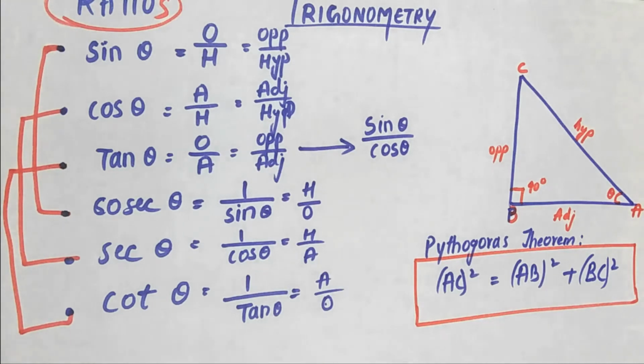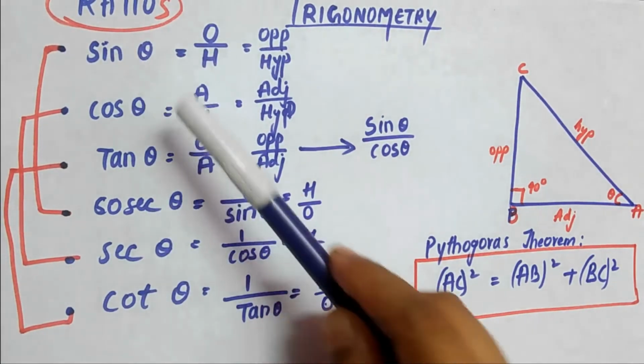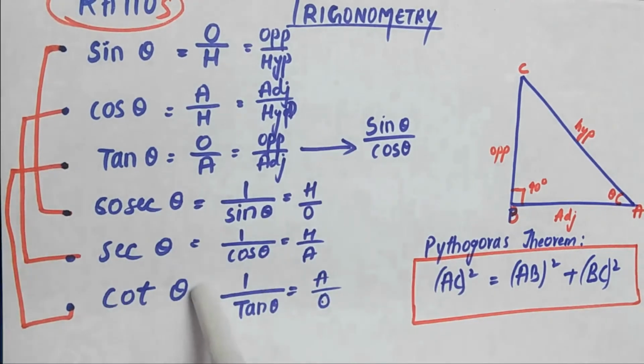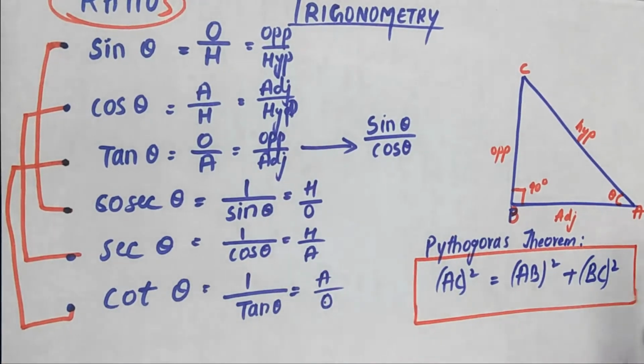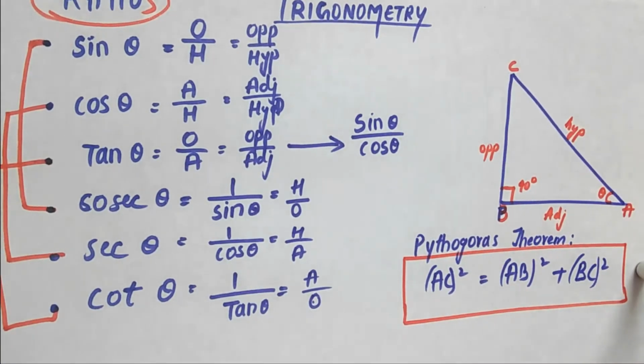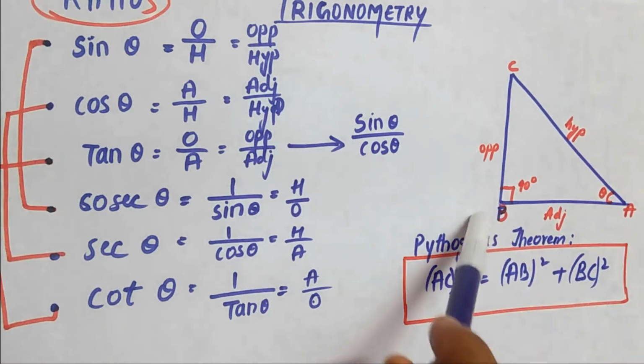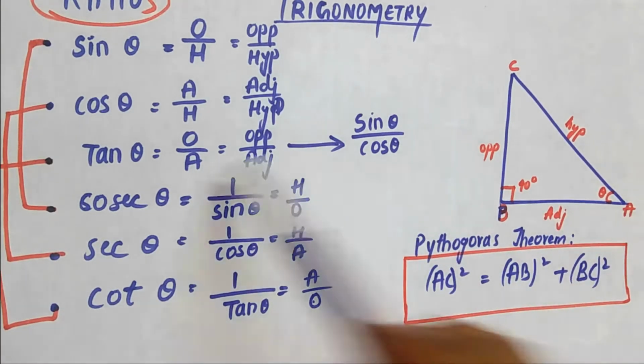Every day before starting any of the problems of trigonometry, we will surely revise the formulas of trigonometry. Okay, let's start with it. Trigonometric ratios. What are the trigonometric ratios? Sin theta, cos theta, tan theta, cosecant theta, secant theta, and cot theta. Okay, so we'll be drawing the right angle triangle, and we will be having the theta. We will be knowing the values of these lengths by using these formulas.